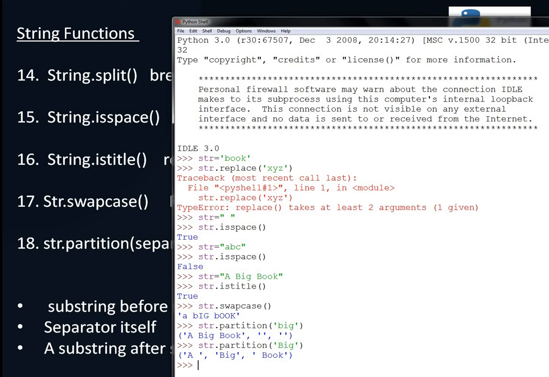The initial string was "this a big book", and we have partitioned the string into three parts: the substring before the partition, the separator which we have given in the brackets, and the substring after the partition. If in the brackets we are not giving anything, in that case the separator will be a null or blank string. So the separator helps to partition the string into three parts. Then these are the functions. Then next are